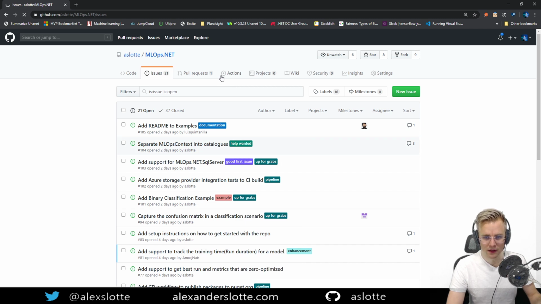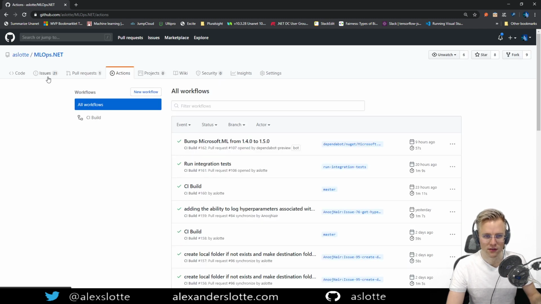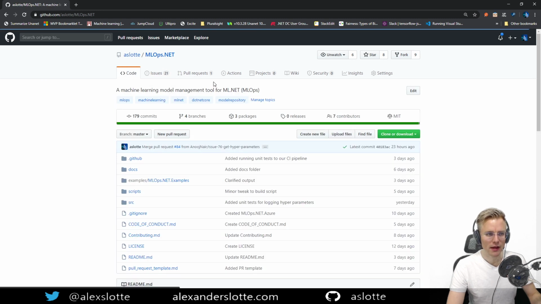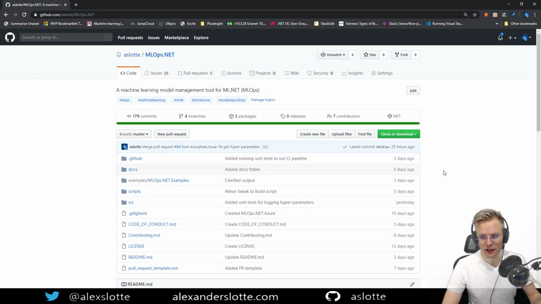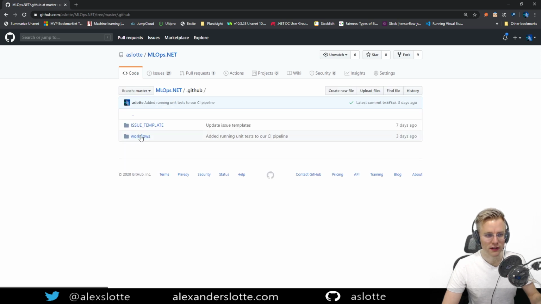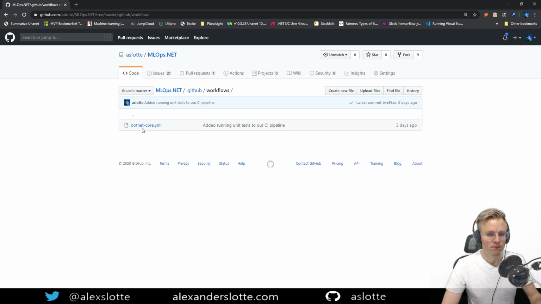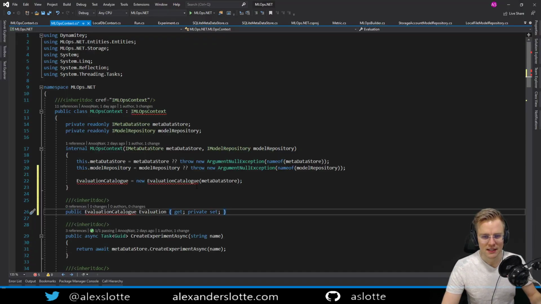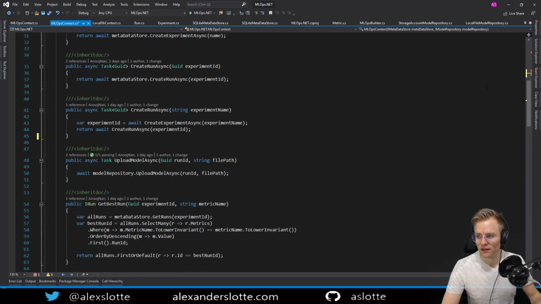I want to go ahead and add the integration test to our CI pipeline first of all. So we have the GitHub Actions that we use here in GitHub, and to add that we'll have to go into our workflow file and make sure that's run. The thing I want to do here is run the tests that make sense for us. And right now we only have SQLite integration tests here.